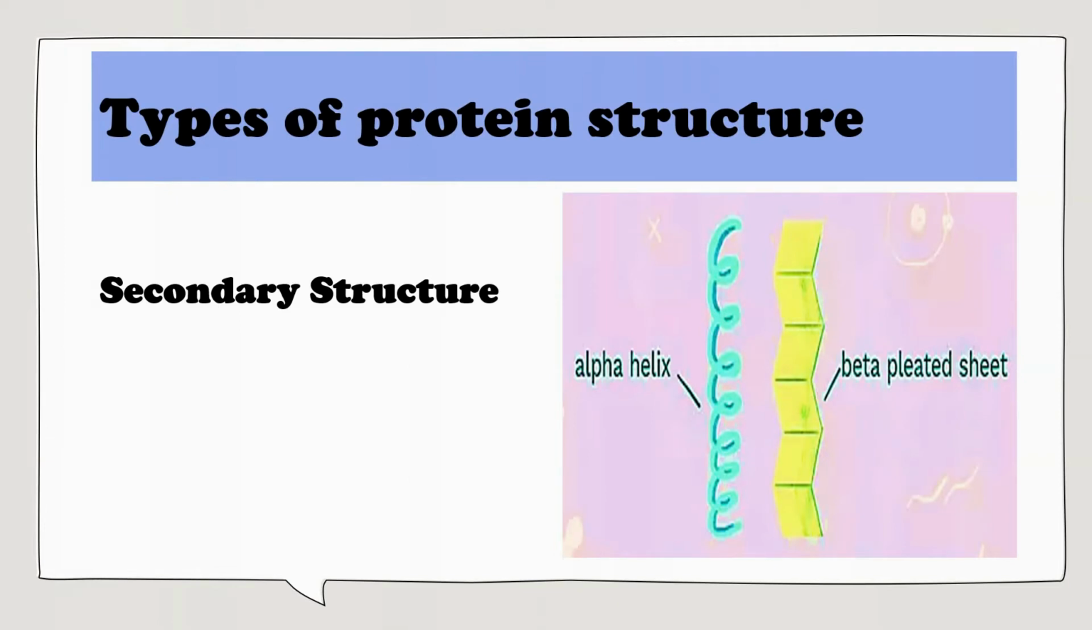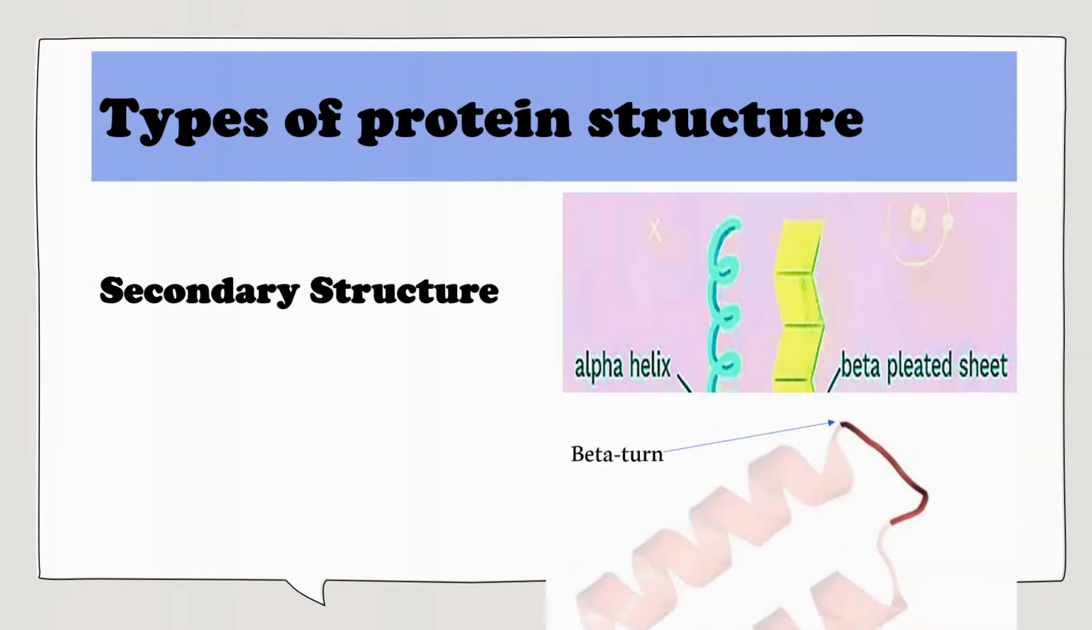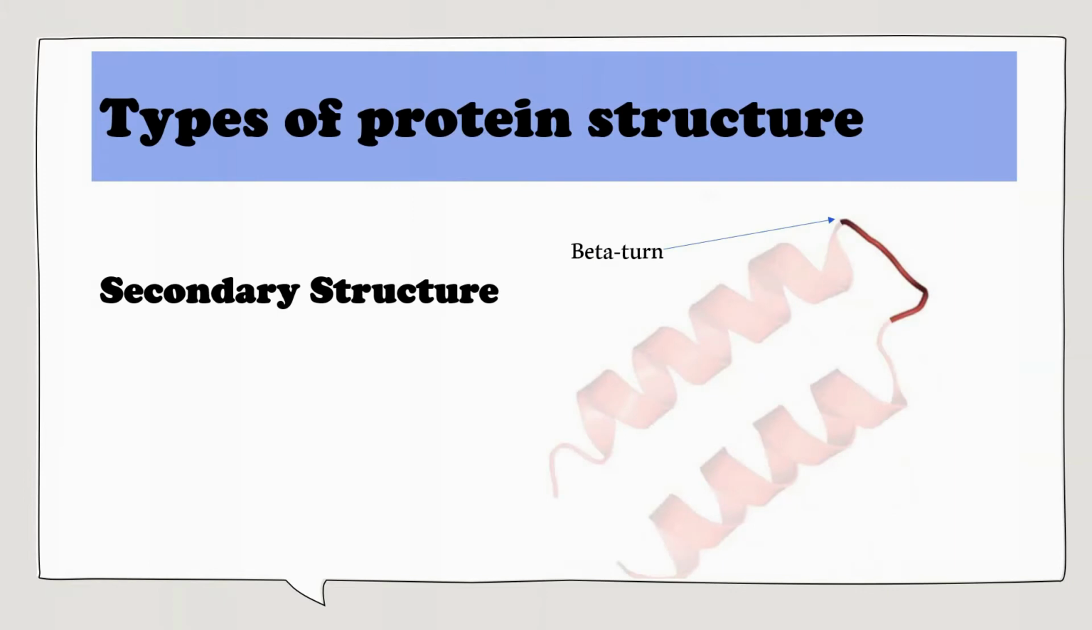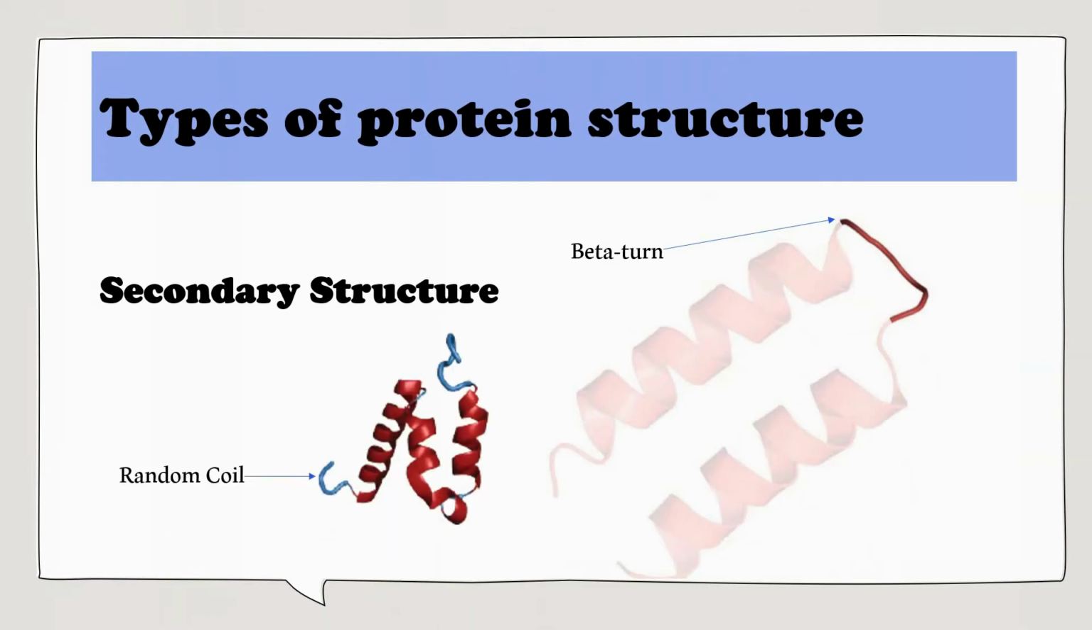The other is the beta pleated sheet, and this structure appears to be folded or pleated and is held together by hydrogen bonding. The other ones are beta turns, which are between polypeptide units of the folded chain that lie adjacent to one another. And the fourth one is called random coils. These random coils are mostly seen at the ends of the protein structure, usually at the N or the C